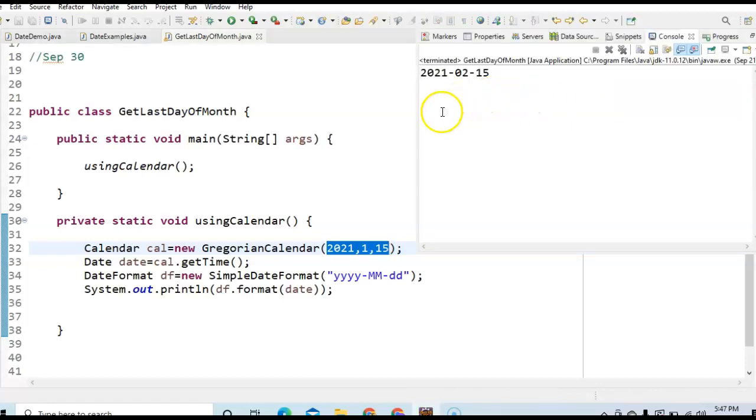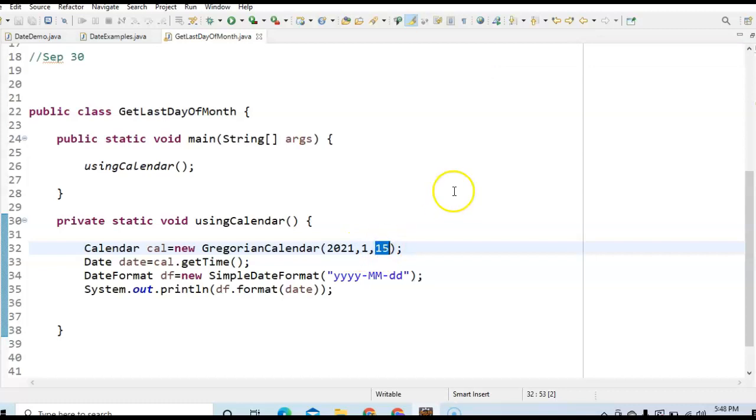Since 1 is actually February, the Gregorian calendar takes it as February. So whatever date we give here, it is printing it. But what we need is the last day of the month. When I give January, it should give me the last day of January.